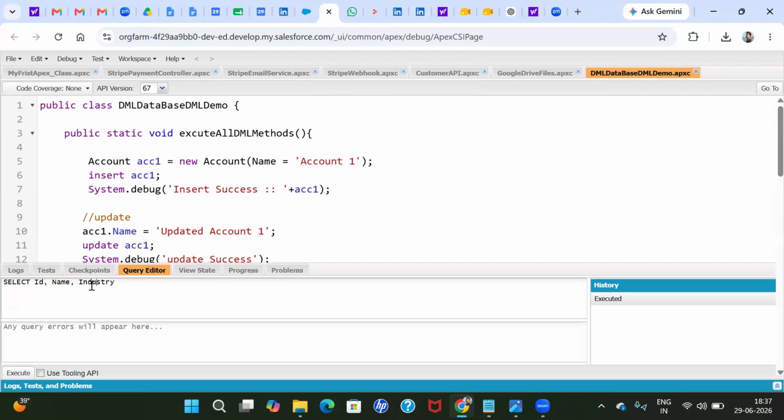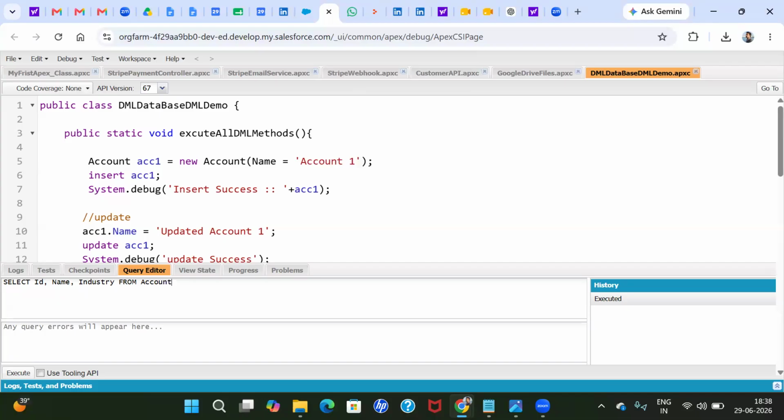Now if I want to go with a custom object, in a custom object Industry will not be standard, right? It will be custom only. The field is also custom. So how can we write it? It will take the API name only. SOQL for custom fields and custom objects can include API names, not label names. Why am I not inserting Industry__c? Because I'm fetching the data from the account object. Account object is a standard object. Every field is standard in the account object. Now, from Account,